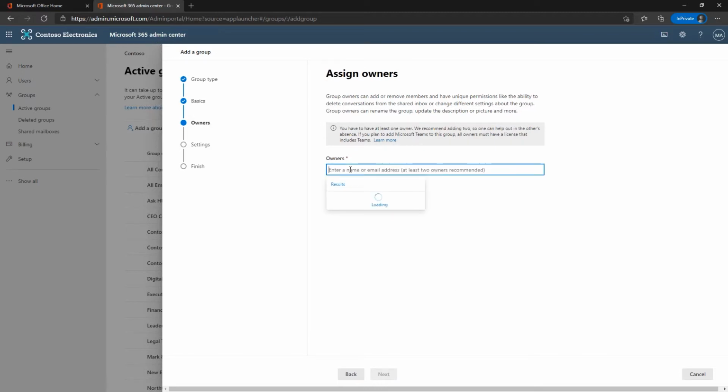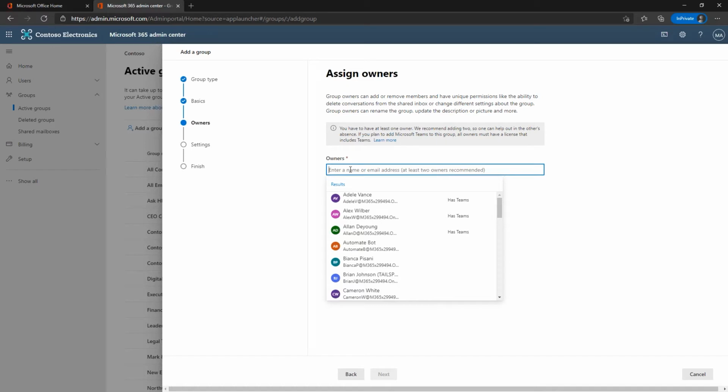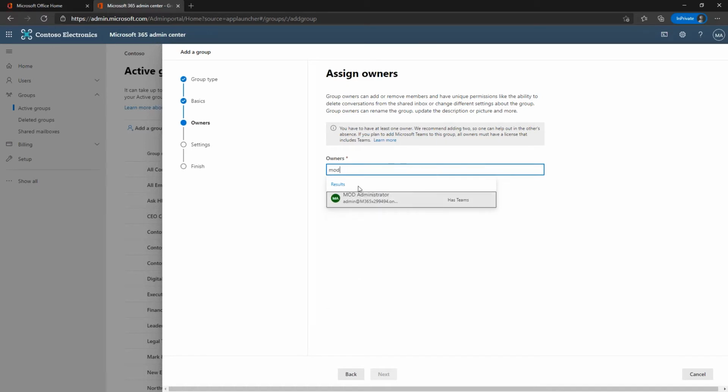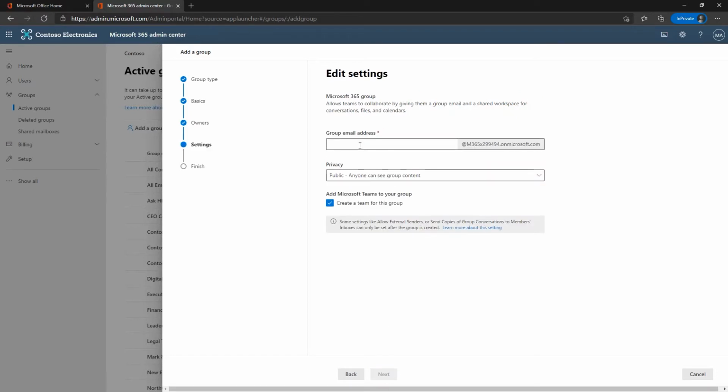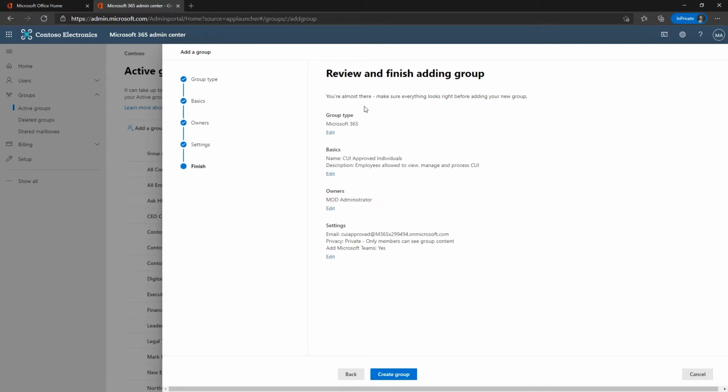Now our owner is going to, in this case, be me. And you generally do want to create two owners, but since this is a demo tenant, we're just going to do me. So the group email address, we're going to call this CUI approved. This is going to be a private group, and we're going to go ahead and create a team that will be useful later. We're going to review and create group, but we're not done yet